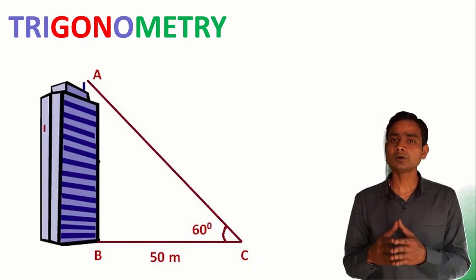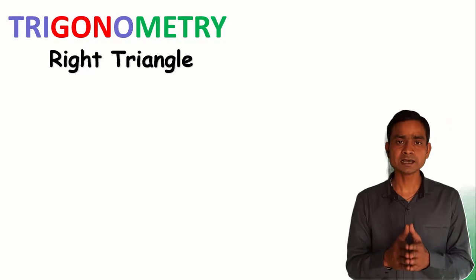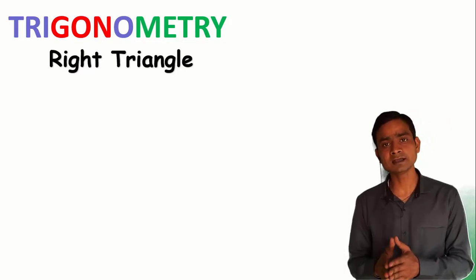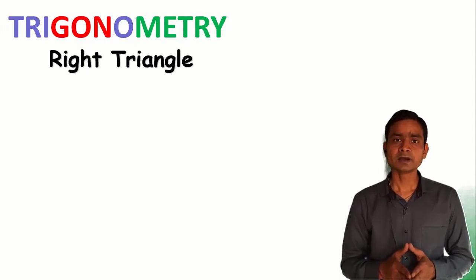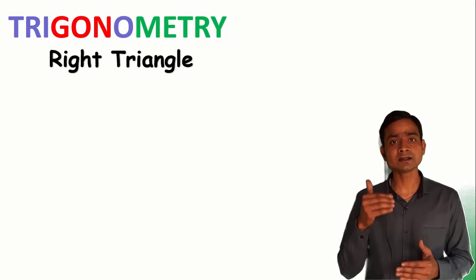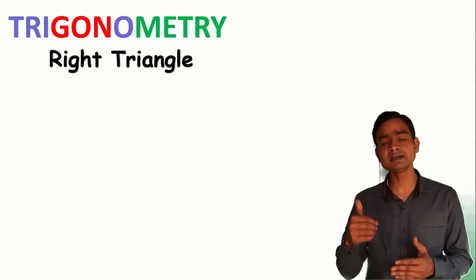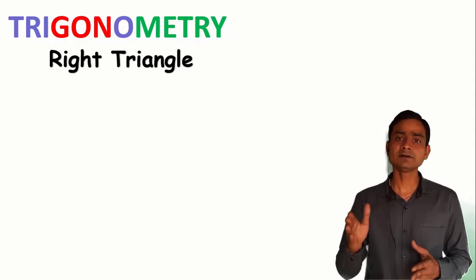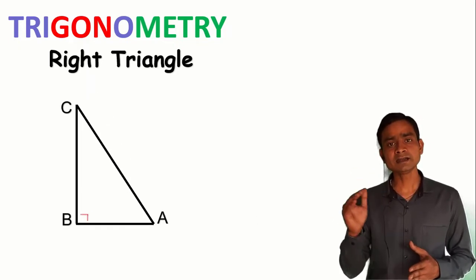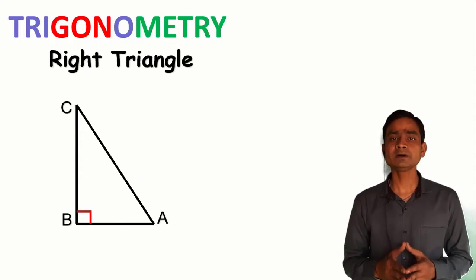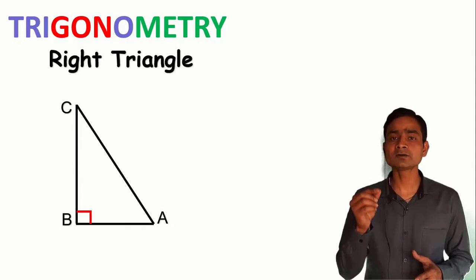And the trigonometry which we are going to discuss over here revolves around a right triangle. So we must have a better understanding of a right triangle and its terminology. And what is a right triangle? A triangle having one of its angles as a right angle is known as a right angled triangle. In short, we use right triangle. So let us have a look at a right triangle. Suppose ABC is a right triangle which is right angled at B. And remember, a right triangle or any triangle can have at most one right angle.